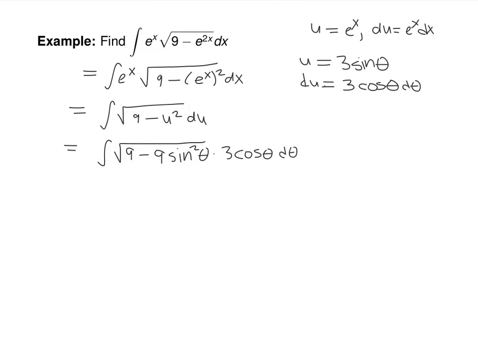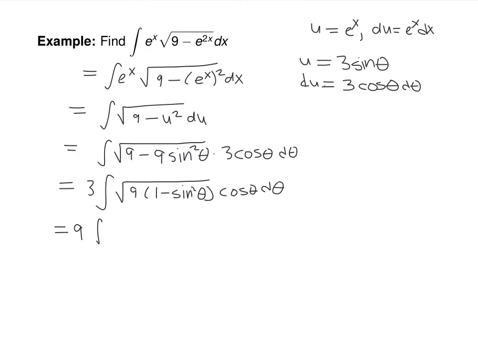And it's awfully similar to the example that we had that was root 16 minus 9x squared. It's pretty similar. So take that 3 from the cosine theta out. 3 integral root 9 times the quantity 1 minus sine squared of theta times cosine theta d theta. And if you can do this faster, spectacular. That 9 roots to 3, multiplies by the other 3, making a 9. And this 1 minus sine squared theta becomes cosine squared theta, which roots to cosine, multiplies by the other one,